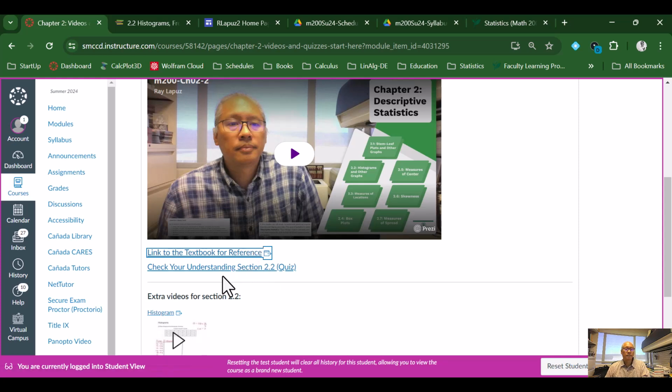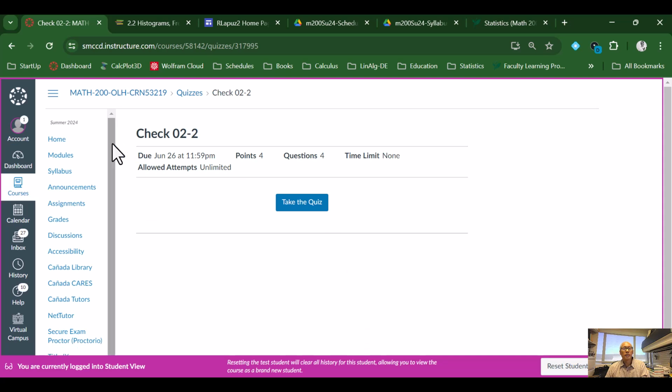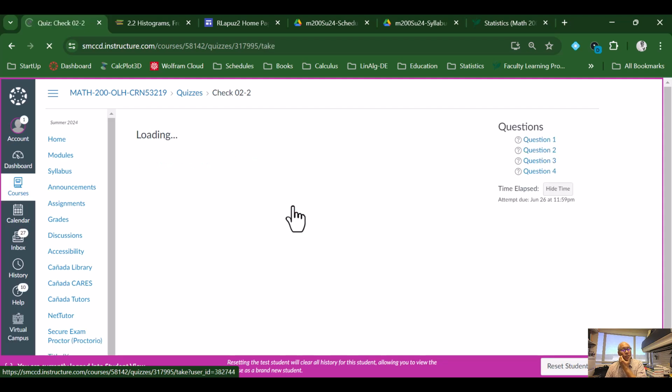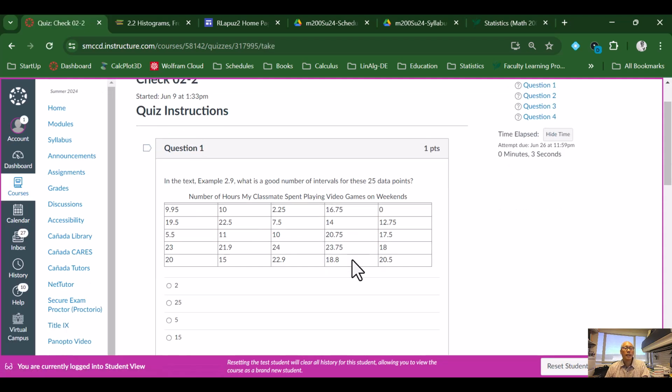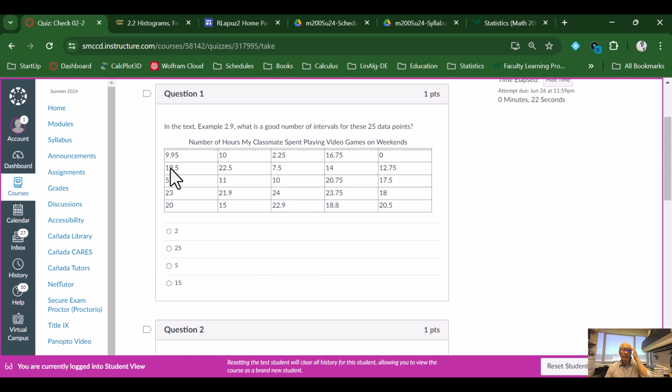And then after that, if you want to work on the quizzes, this is how a typical quiz would look. It's usually just 4 questions, 1 point each. And then it usually would refer to a question that is similar to something that has been discussed in either the video or in the section. So it says here in the text example 2.9, what is a good number for the interval for these 25 data sets? So I can look at this and say,